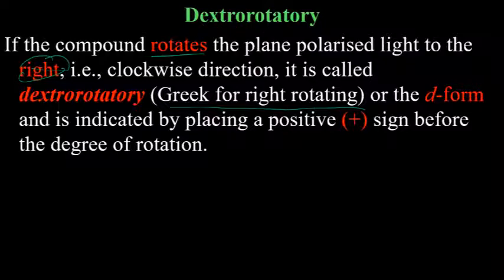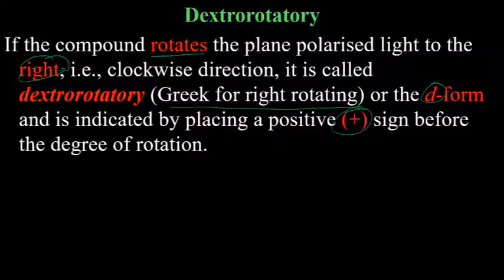And it is denoted by the D form and is indicated by a positive sign before the degree of rotation. Now, here I need to mention one very important point, which we will be talking about in the next chapter, alcohols, phenols, and ethers. These D and plus signs actually are not the same, okay? Although in NCERT it is written here, and that's why students get confused later on, that D and plus are the same, related to dextrorotatory, okay? No,